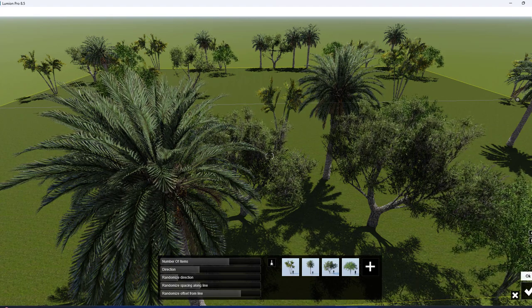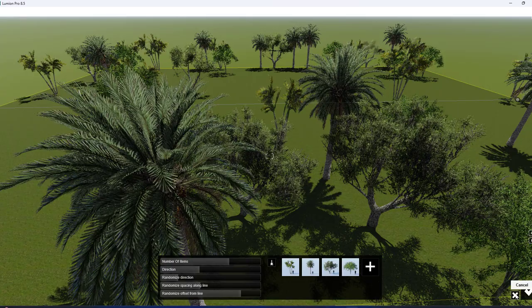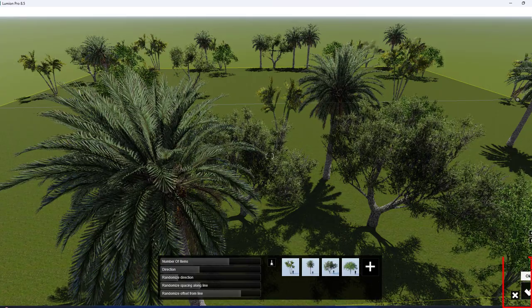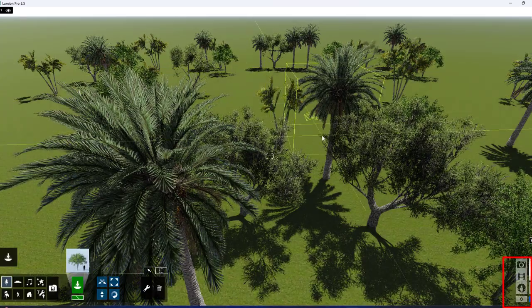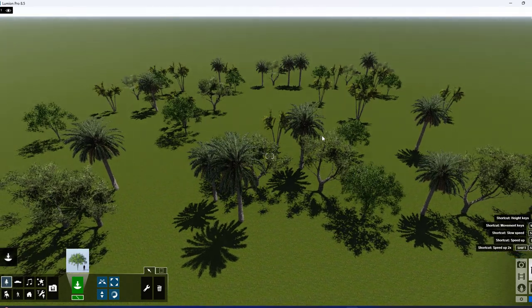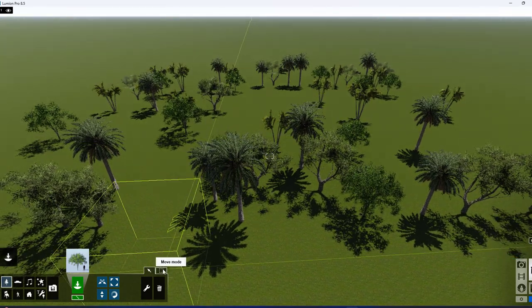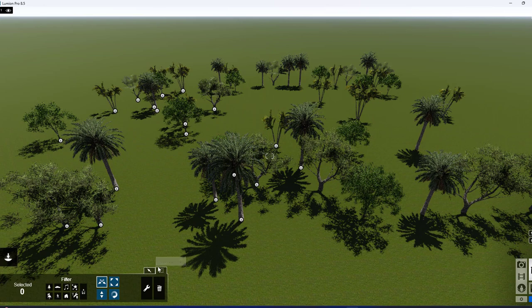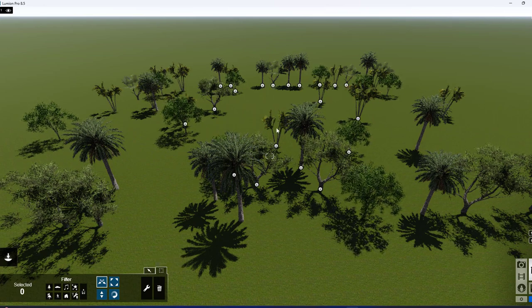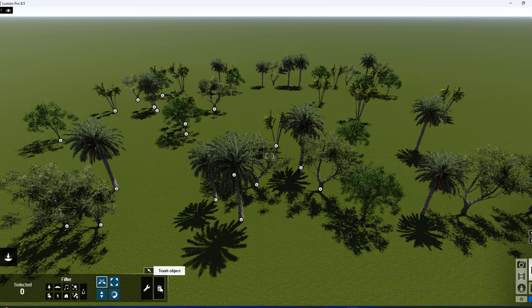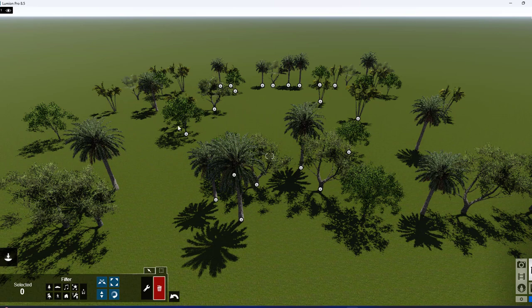Now here we have the right mark or OK mark, and the cancel mark to cancel it. So if you want to move ahead, then you just click on the OK option. Once you place, again you come onto the move mode to edit it. Now if I want to delete one type of tree, that is coconut tree, rather than deleting individually, it takes time here.